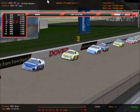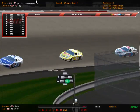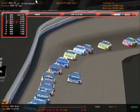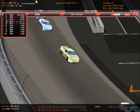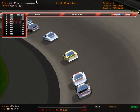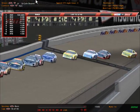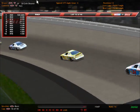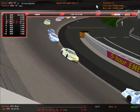Single file formation here, and there's the Nello white for colors of Cole Deaver. That is a 2002 Monte Carlo he's driving here, and he'll be juggling from this scheme and the Oreo scheme next season in the NRSL Mello Yello Series. He'll still drive the AC Delco colors for a couple more races this season here, as we just have